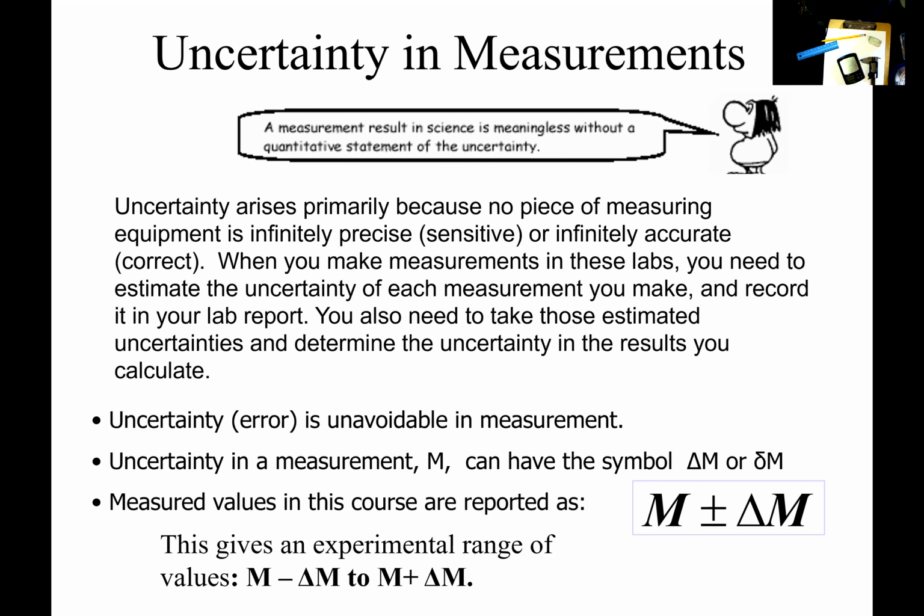If you make a measurement M, then the standard way of representing your measurement and its uncertainty is M plus or minus delta M. Of course, the variable will be whatever it is you're measuring. If it was mass, it might be a little m, or if it's length, it might be L, or whatever. But it's the measurement plus or minus its uncertainty, and that gives you a range of values. And we want to know if the expected or true value falls within that range of values, right? If it falls within that range of values, then